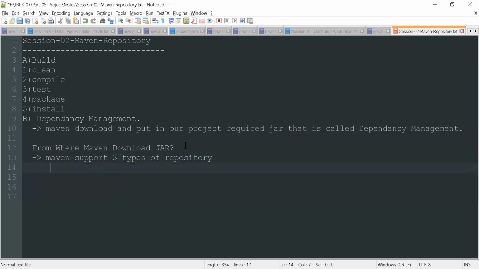First one is the central repository. Second one is the local repository. And third one is the remote repository.